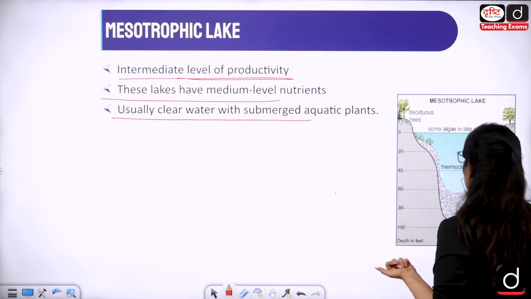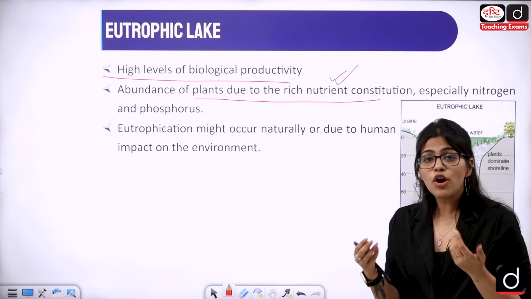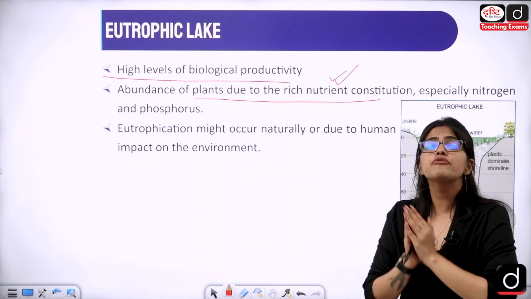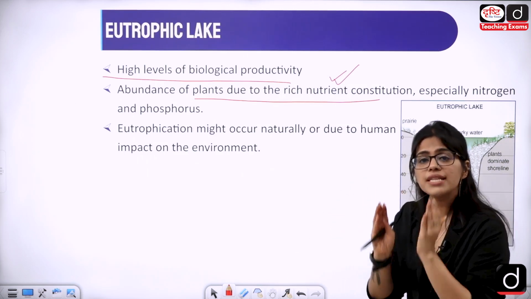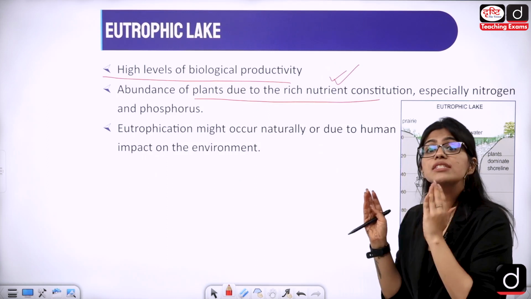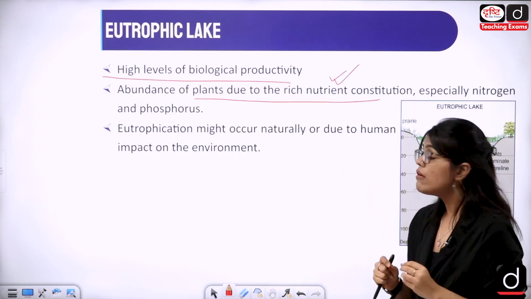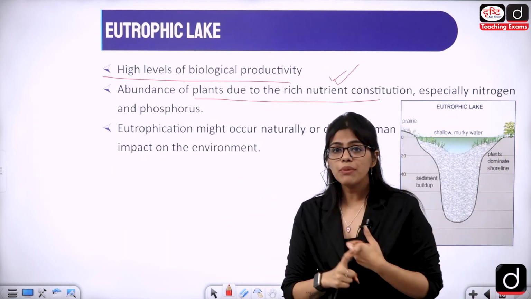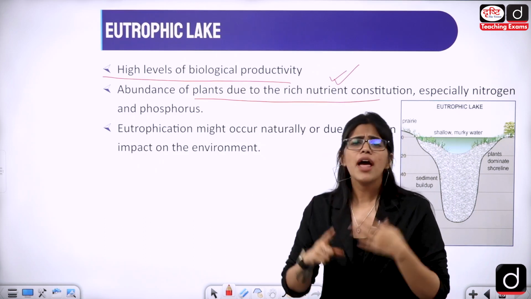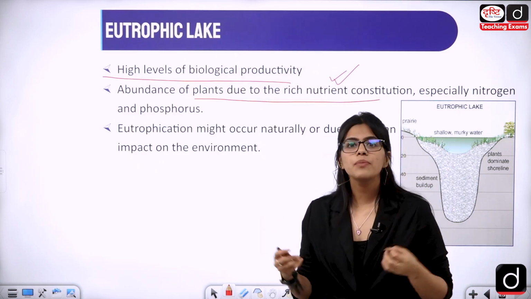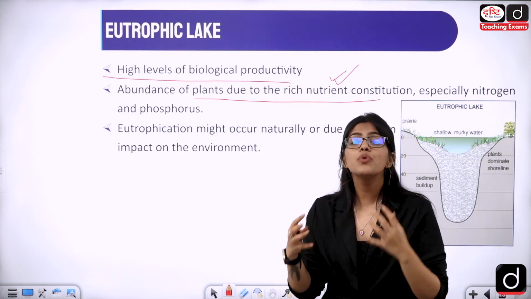Eutrophication basically is a process that happens because of which an excess amount of nutrients is seen. So eutrophication happens when an excess amount of nutrients is added to the water, and it can cause various harmful effects. We have already discussed this in one video. What would happen? The sunlight would be blocked, the oxygen would deteriorate, the algae bloom would be there, phytoplankton would be blooming,